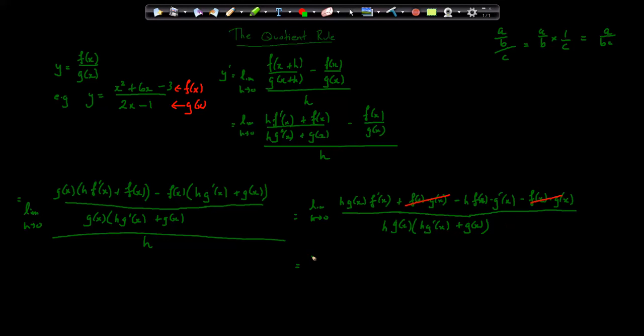So let's take that out. So h bracket, f'(x) times g(x), it's the same thing, but just swapping the order of those two terms being multiplied, minus g'(x) times f(x),